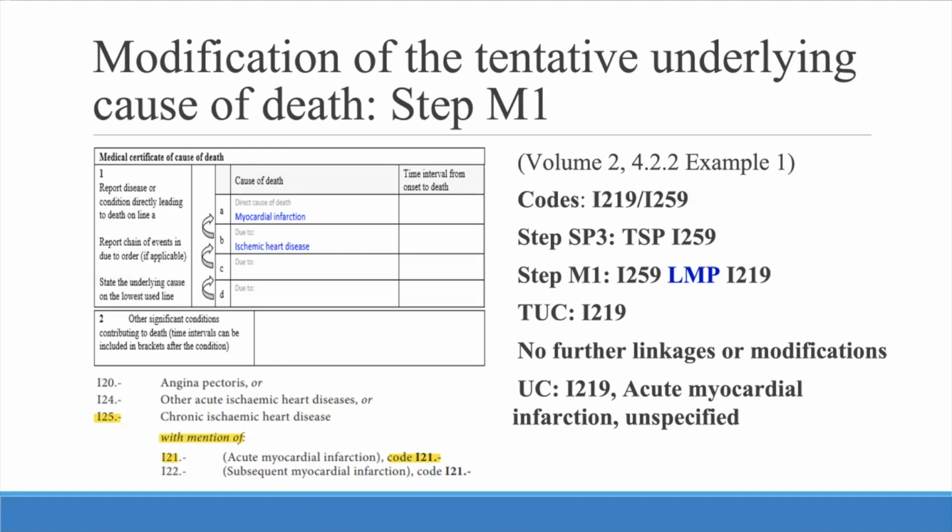This is an application of step M1, where we're going to link the tentative underlying cause I259 to I219. I219 is our new tentative underlying cause. We will check the special instructions for any further linkages. There are none. So in fact, for mortality statistics purposes, our underlying cause for this record is I219, acute myocardial